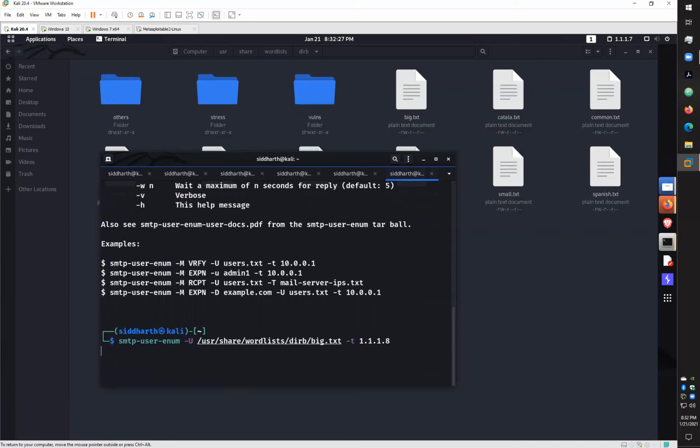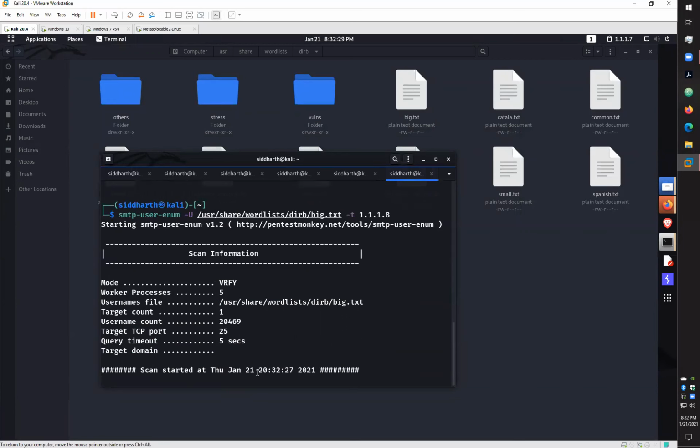When you press enter, this will simply brute force, using that dictionary to verify whether there is a user on that server or not. This big.txt dictionary has around